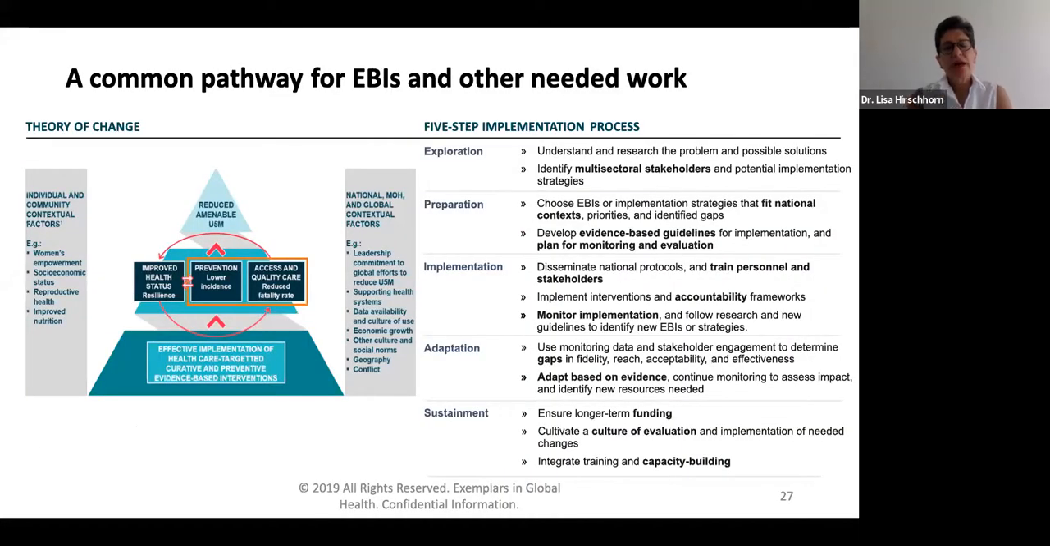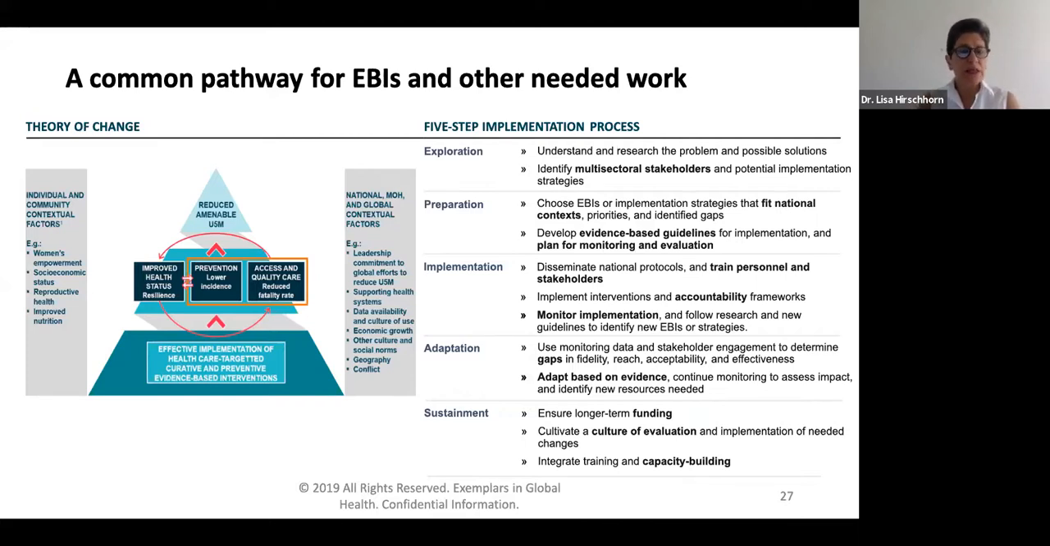So what did we find? We actually found that across these 6 countries, there was a common pathway for the implementation of the evidence-based interventions, as well as the other needed work. And on the left, you can see a theory of change that we developed, recognizing, again, that a lot of us are health system or healthcare focused individuals. While access to quality care is critical to reduce the fatality rate when somebody gets sick, as is evidence-based prevention, such as vaccines and insecticide-treated nets,